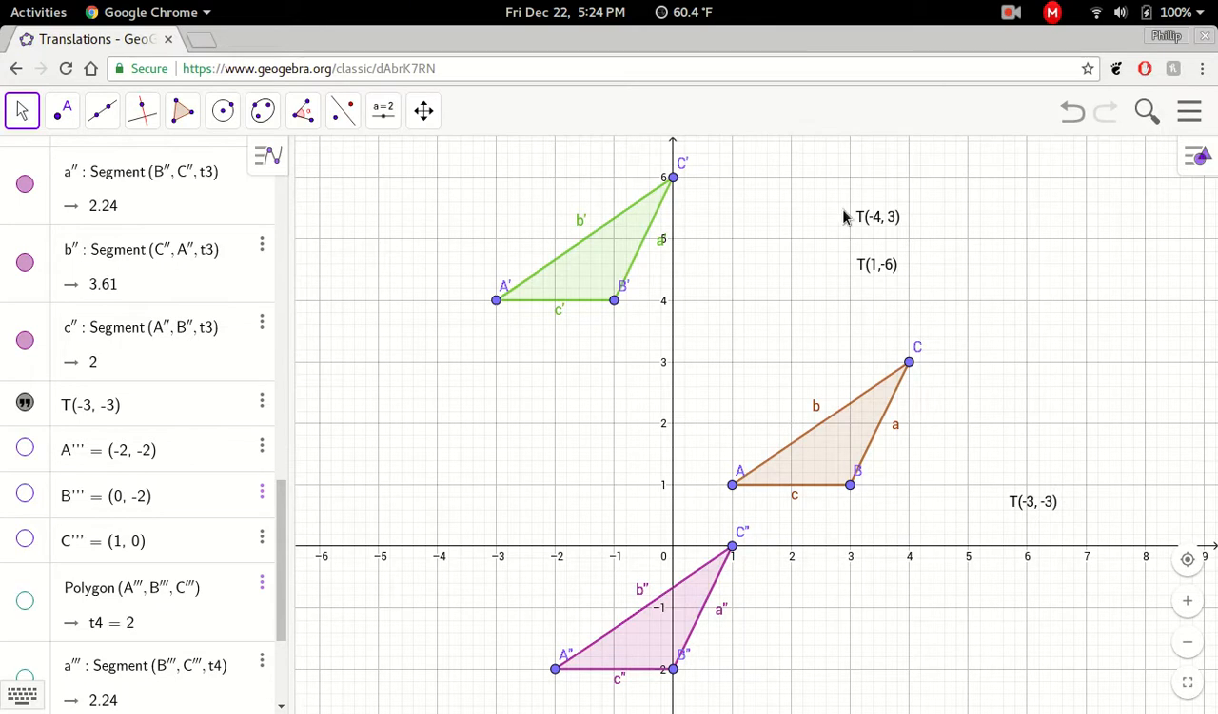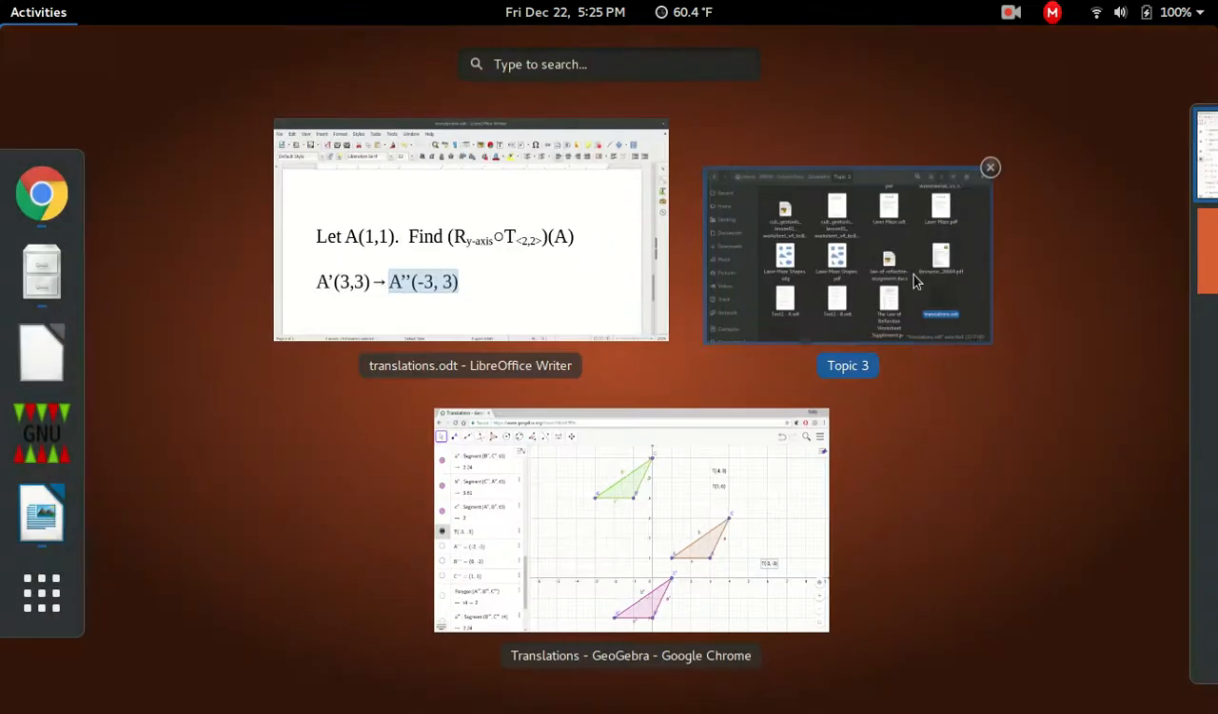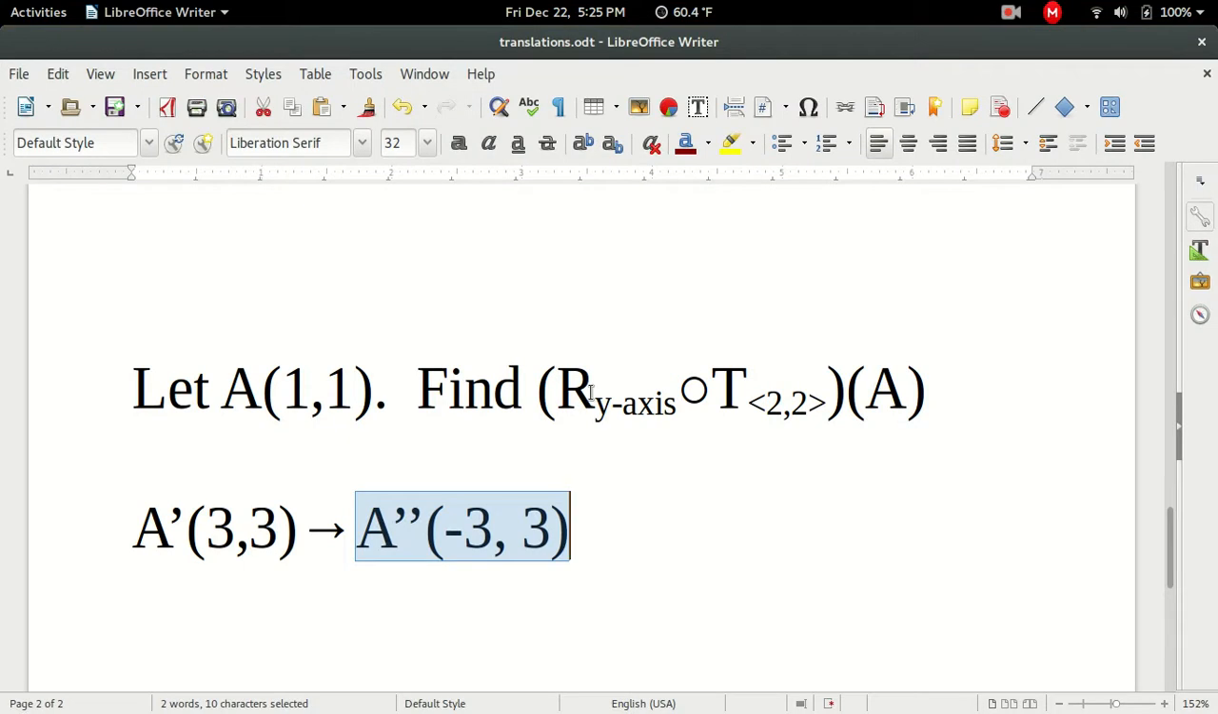What I want you guys to take away from this is that when we compose translations together, all we're going to do is add the change in the x's together and add the change in the y's together. And that'll give us a brand new translation that is the composition of these two translations. And it works in either order, which is the cool thing. If we go back to my example initially, if this was actually a translation and not a reflection, I could do them in either order and end up with the same translation rule. You guys will see that in the homework,